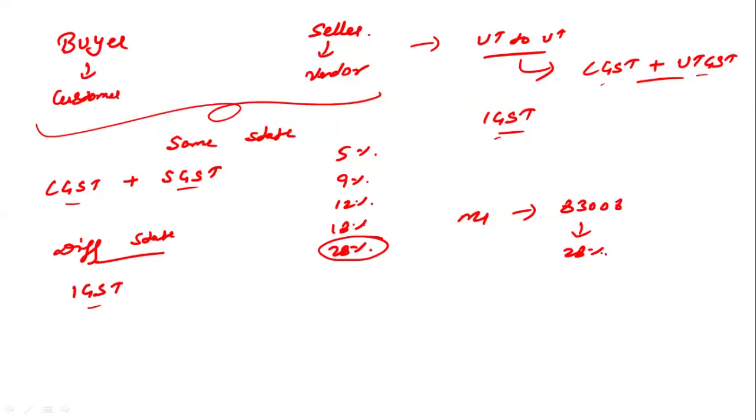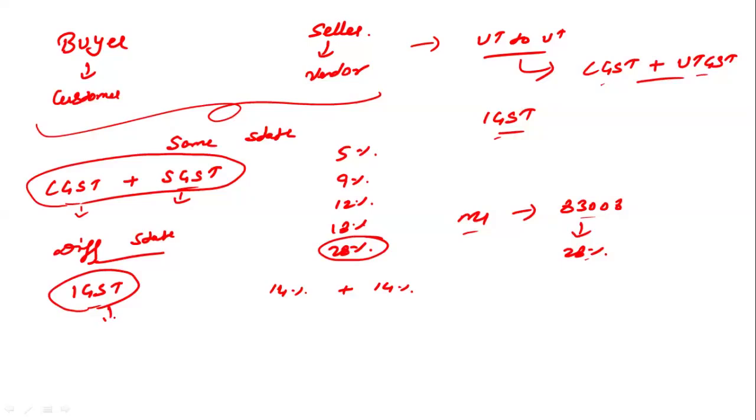Since we have these tax slabs, and I mentioned 18% is for services and all the remaining are for material, for this material this HSN code has a tax percentage. Now, if you're buying the material within the same state, you will have central GST and state GST, and the tax applied will be divided equally between these components. So it will be 14% plus 14%. And if the buyer and seller are in different states, then you have only IGST, and 28% will directly apply on IGST.